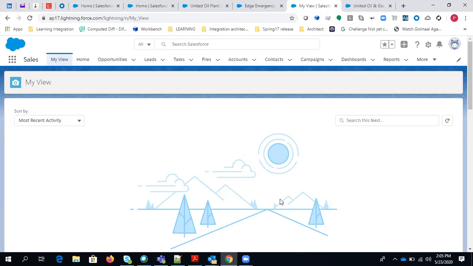Okay. The next part is how you can create a custom object, fields, and how we can access the standard object, all this stuff, right? So for custom object, you can simply go to setup and click on setup.